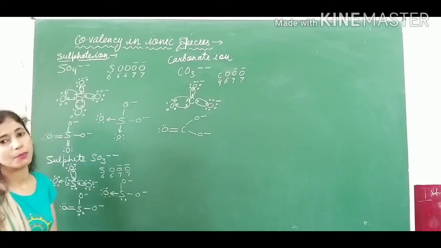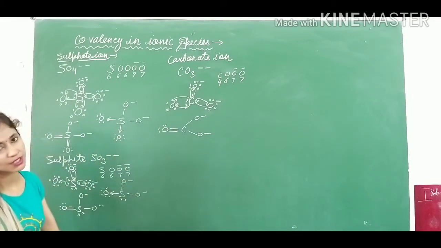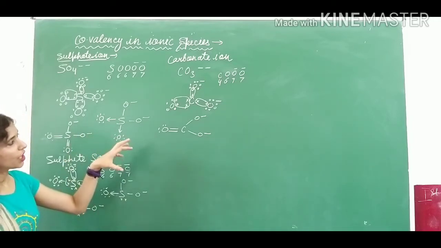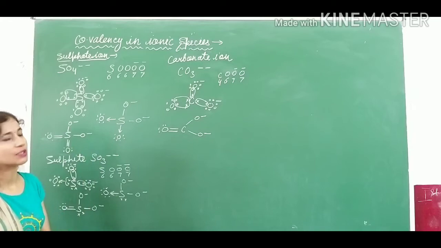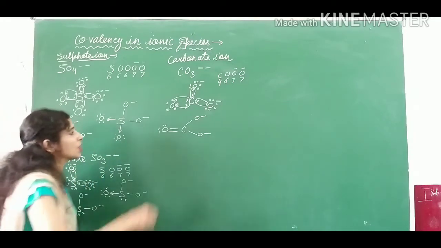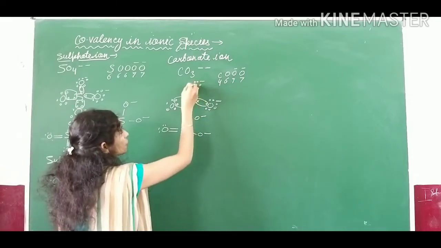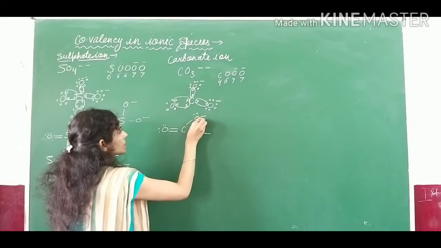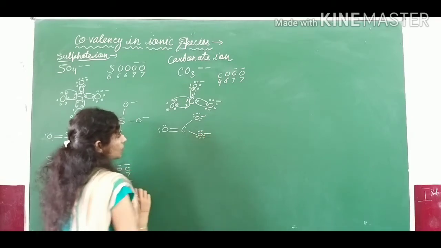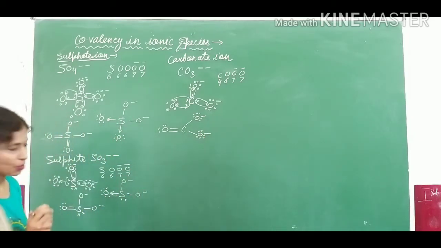These structures are very important because in the next session I will teach you the resonance, where you must know that the structure of ionic species will help you to make the resonance formation. Okay. So now here the electrons, 1, 2, 3, 4, 5, 6, you have to mention as it is. Okay. Let's talk about one more case.